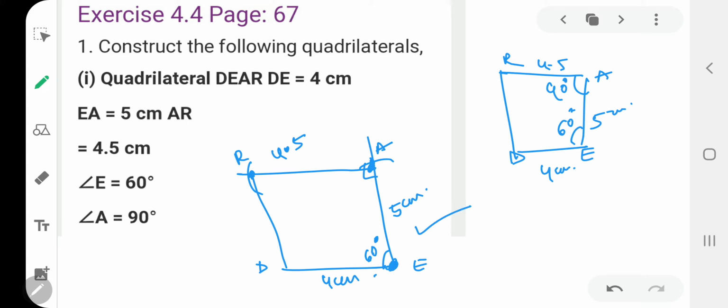I'll insist you people to use your compass for making angles like 30, 60, 90, 120, 135, 105, because that is the main part of such kind of problems. But if you could not make it, you will get my next video on making angles. So you can just go through that video also.